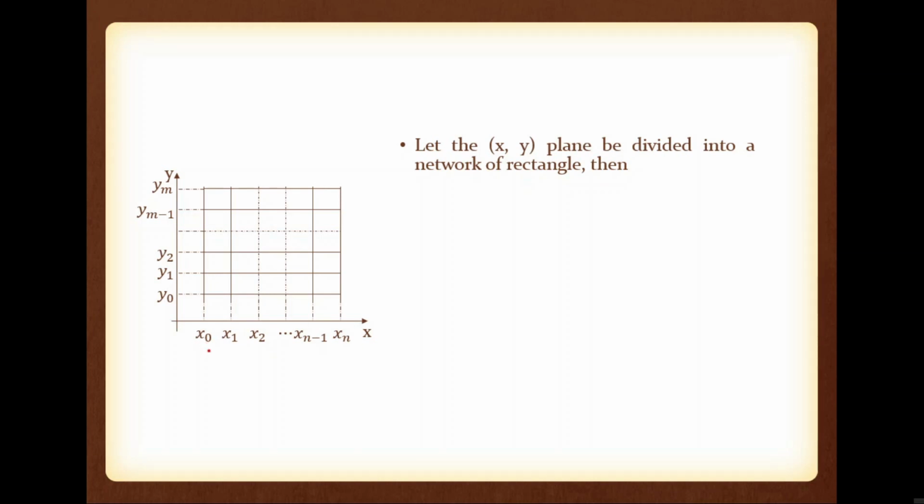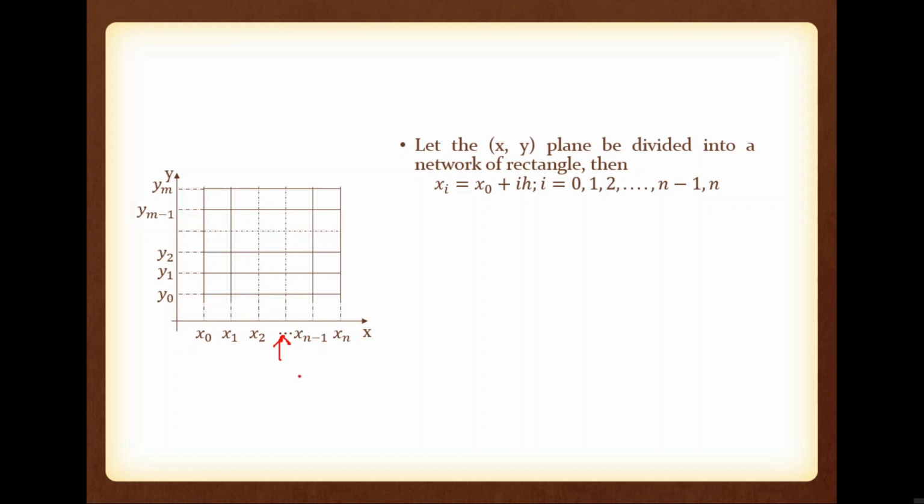So please note this boundary is divided into n equal points. So we can write an intermediate point xi, say this point, is equal to x0 plus ih, meaning that one is the ith point. This is the 0th point, first point, second point, and the ith point. The ith point is xi equal to x0 plus ih, where x0 is the first point of x, i is the index of xi, and h is the period of this x data.